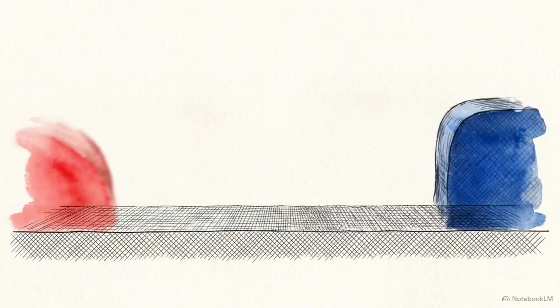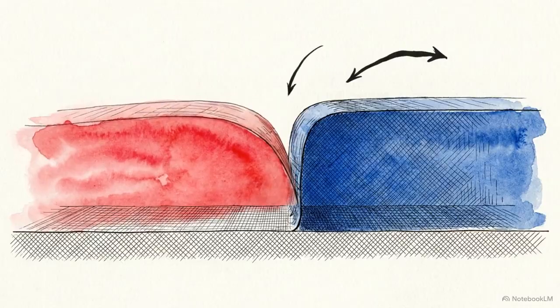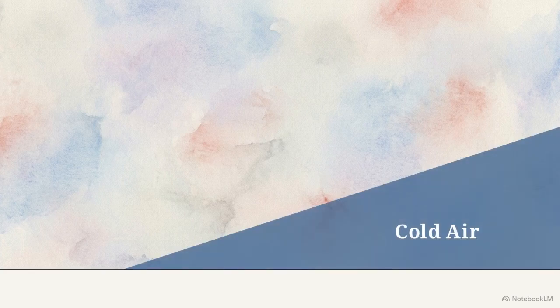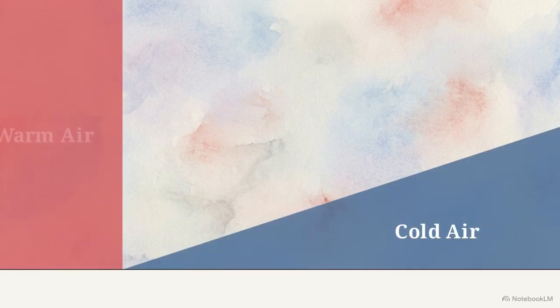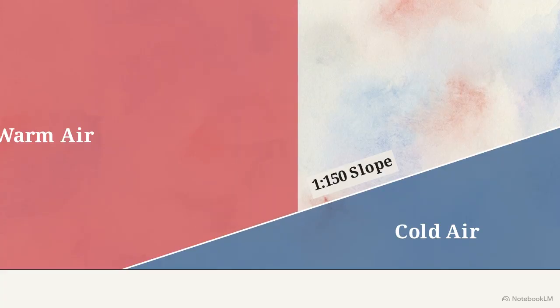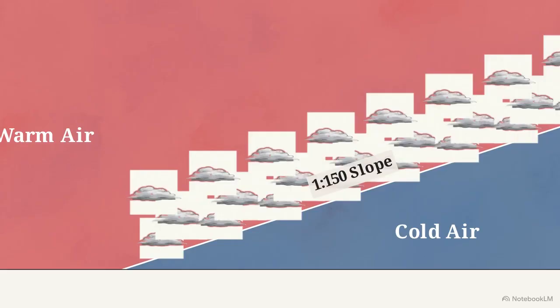When two opposing air masses physically collide at the surface, they create a frontal boundary. A warm front exists where a warmer, lighter air mass gradually replaces and overrides a cooler air mass at the surface. This cross-section displays warm front geometry. The shallow boundary rises at a 1 to 150 ratio. Because advancing warm air slides up this gentle ramp, lifting is slow, creating a massive shield of stable stratiform clouds